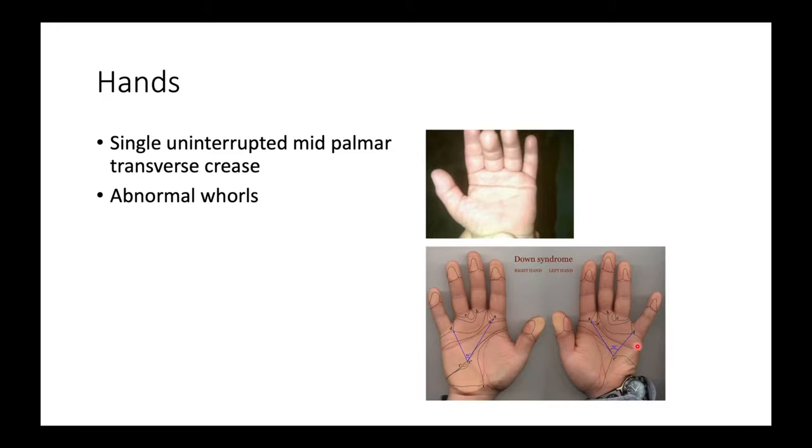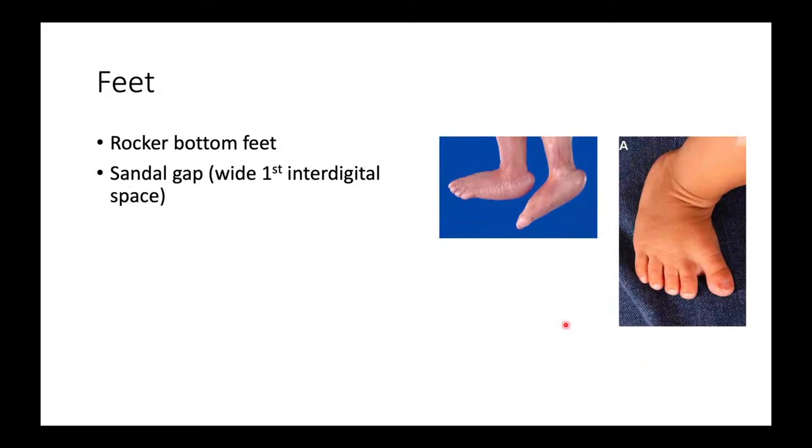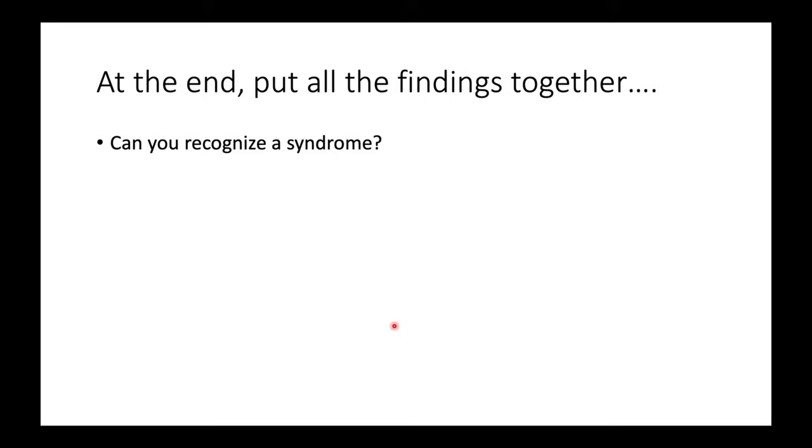And those markings of the hands, we talk about the dermatoglyphics. Okay, so in Down syndrome, there are abnormal dermatoglyphics. The feet, we may have the rocker bottom feet with a prominent talus and flat foot, and this is seen in trisomy 18 and 13, or a wide first interdigital space called the sandal gap, which is seen in Down syndrome. So what we've done effectively is to examine the child for dysmorphic features from the head to toe, and